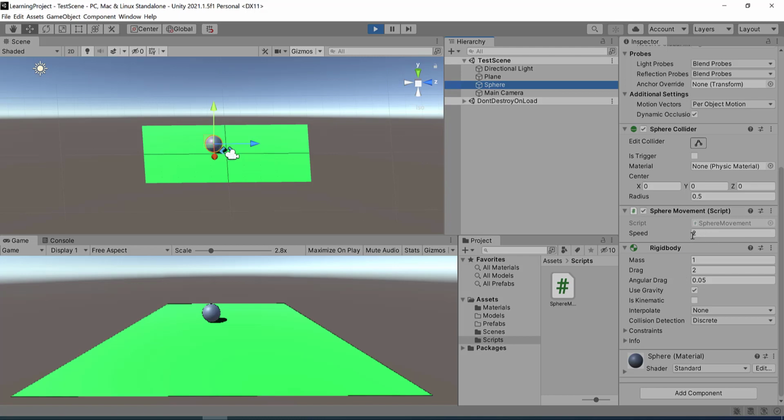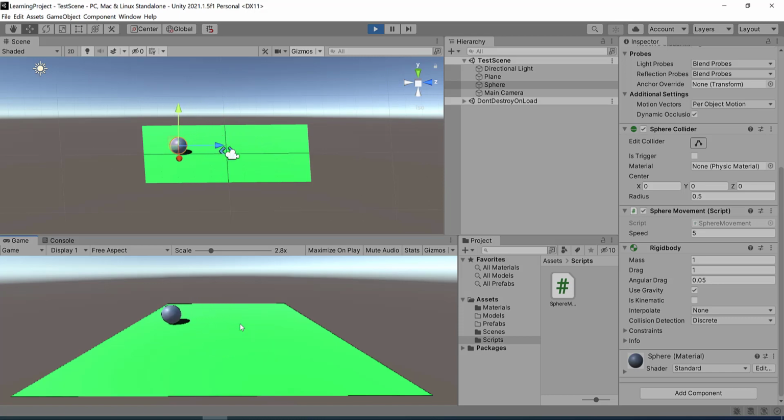I'm going to change this speed to, say for instance, 5, and I'm going to reduce the air friction to 1. So now if we see, you can see the ball is moving faster than before, and we can move in different directions.